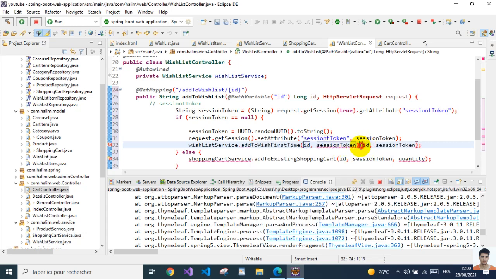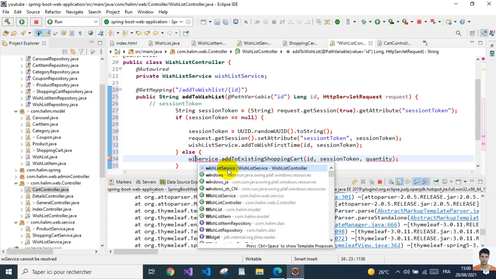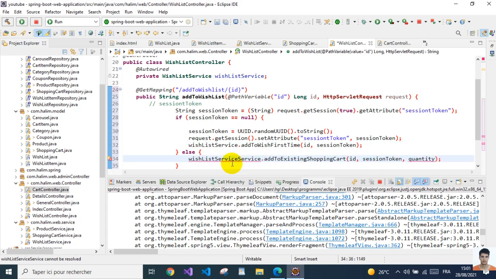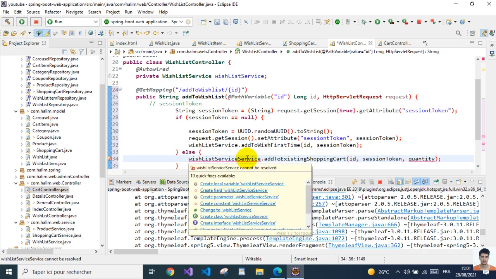I'm going to get rid of one of these IDs, else this is wishlist service, wishlist service and